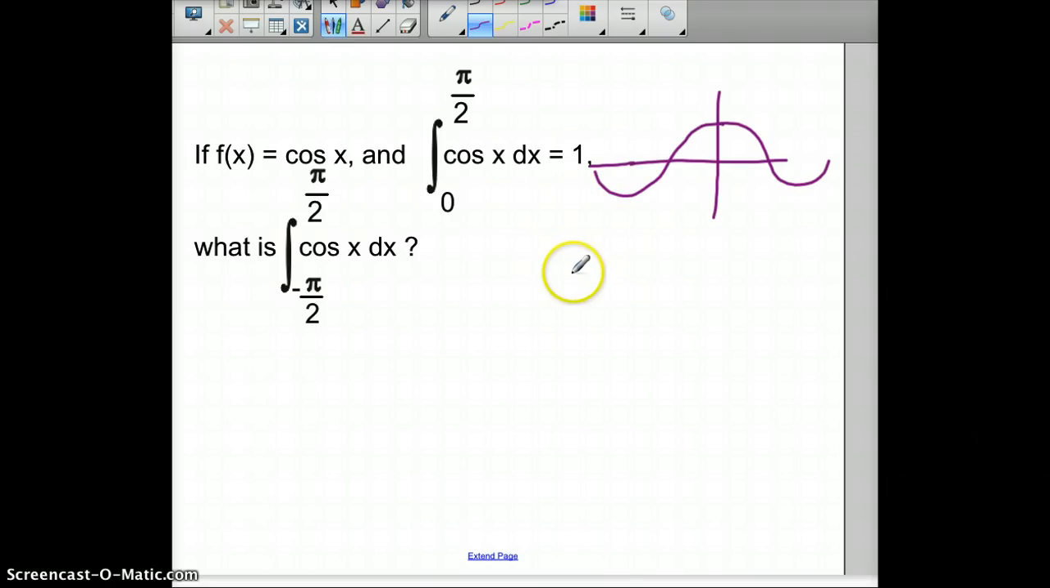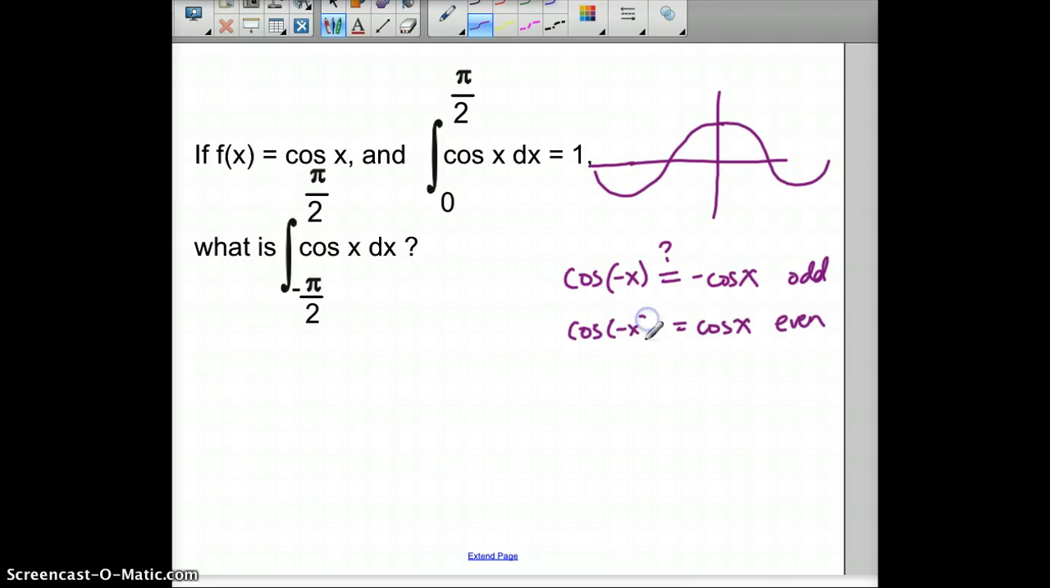Do you know? Let's think about it analytically. Cosine of negative x. So does that equal negative cosine of x, which would mean that a function is odd? Or does it equal positive cosine of x, which would mean the function is even? Or neither. So let's plug in. Okay, we know cosine of pi. That's a pretty easy number. Cosine of pi is,